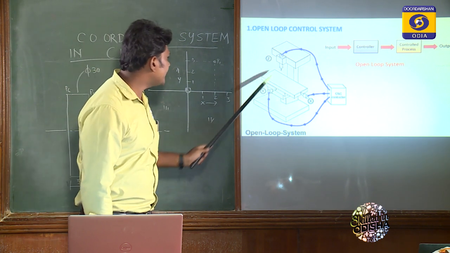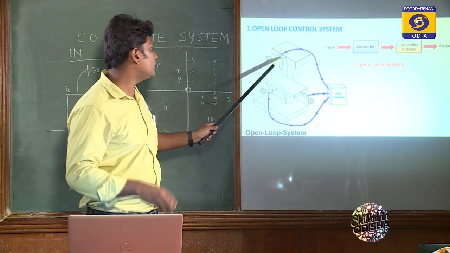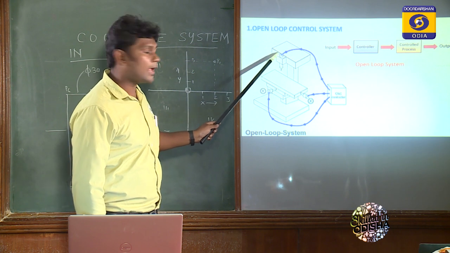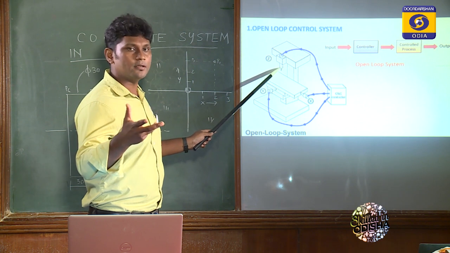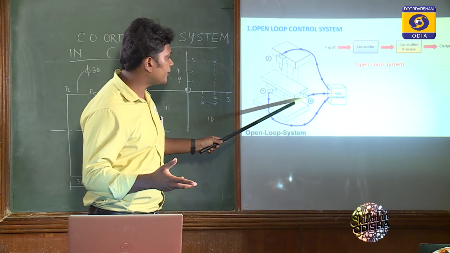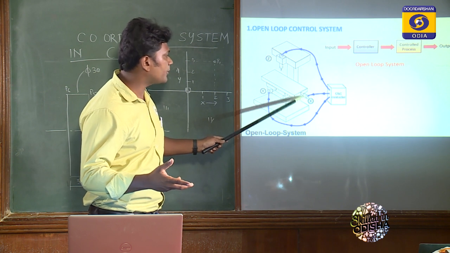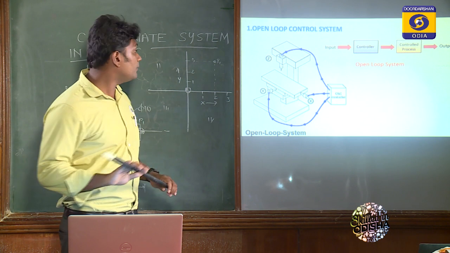Now these are the three drives, and these three drives will get their pulses or the power from this CNC control in a particular pulse way. Getting the particular level of pulses, this will be activated and will operate at a particular speed, so that our actual movement will be possible. How? The rotary motion of the motor will be converted into the linear motion by our ball screw mechanism that we have discussed in the previous classes.